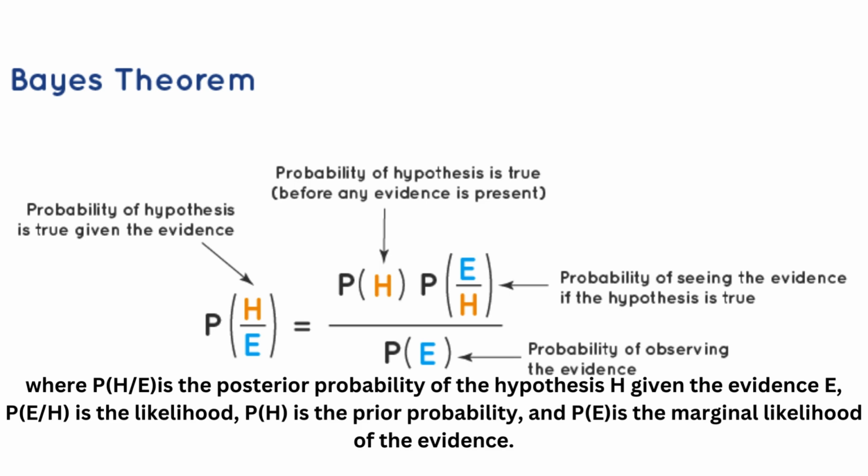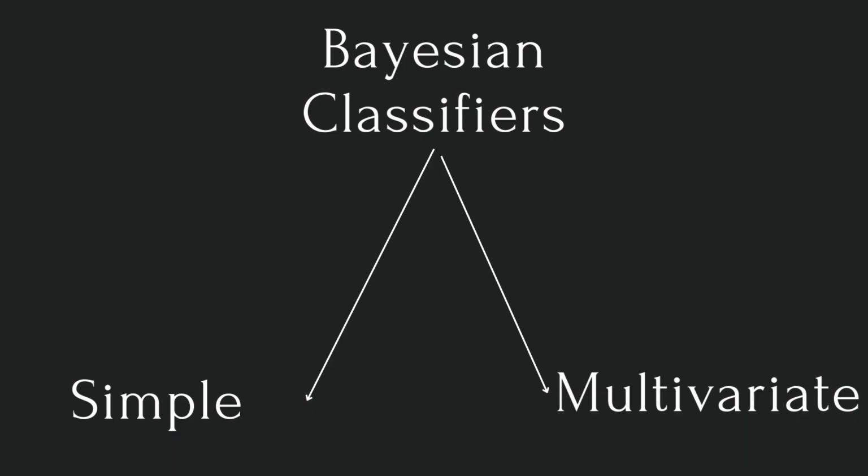Okay, so the posterior probability of hypothesis H given the evidence E. P(E|H) is the likelihood, P(H) is the prior probability, and P(E) is the marginal likelihood of the evidence. Okay, so Bayesian classifiers. Bayesian classifiers use Bayes theorem for classification tasks, predicting the class membership of a given data